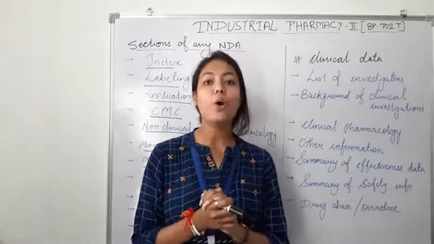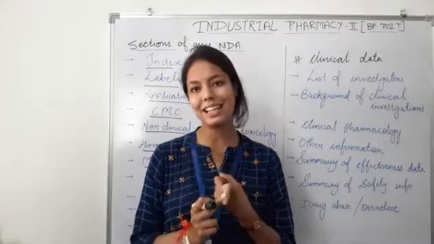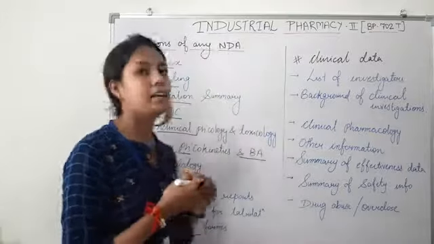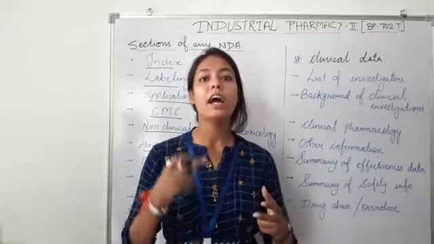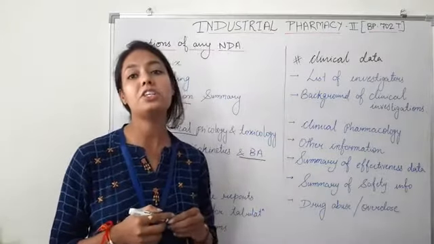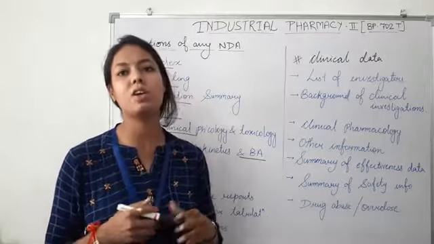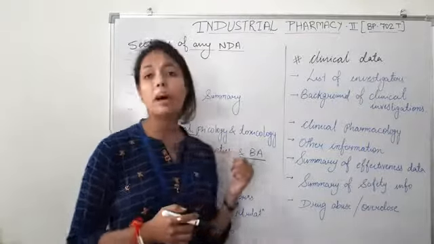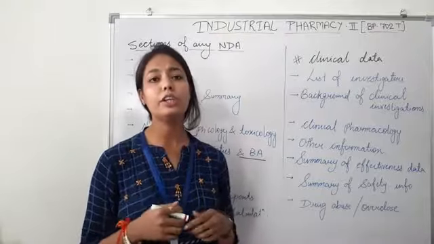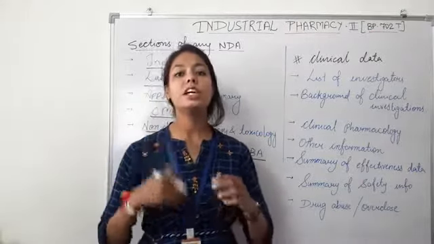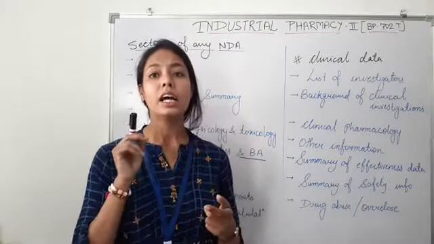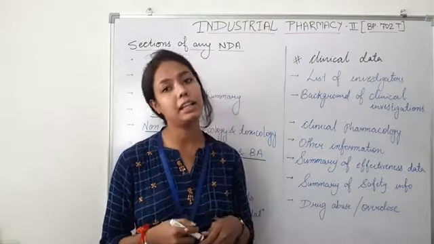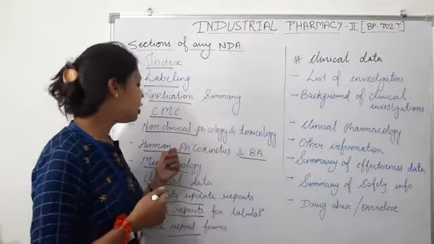In addition to it, it also includes the route of administration, doses, regimen of the drug, Cmax, Tmax, VD, that is volume of distribution, area under the curve, T-half of the drug, and what is the elimination pattern of the drug, whether it is biliary excretion or urinary excretion, etc. So these all come under the human pharmacokinetics and bioavailability study, and it also includes the summary of analytical methods used, including the major emphasis on the sensitivity, linearity, specificity and reproducibility of the analytical method, which must be included here.